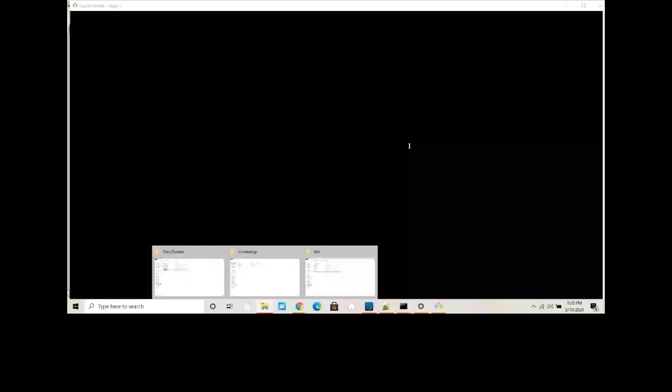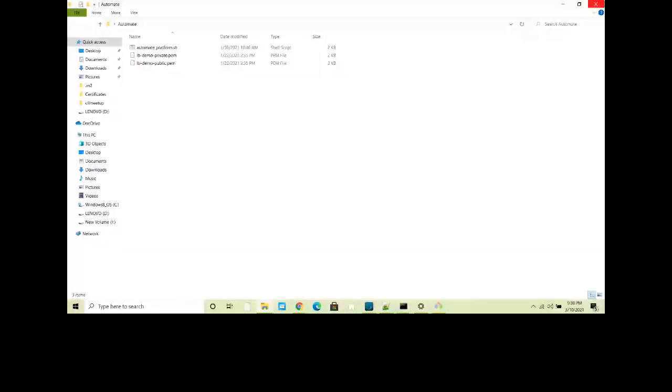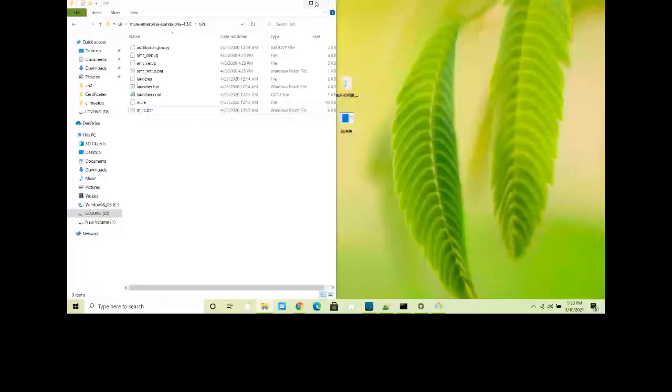Okay, I think it's this one, automated. I'm just checking where I've saved my script. Yeah, it's there. So I'll copy this path.